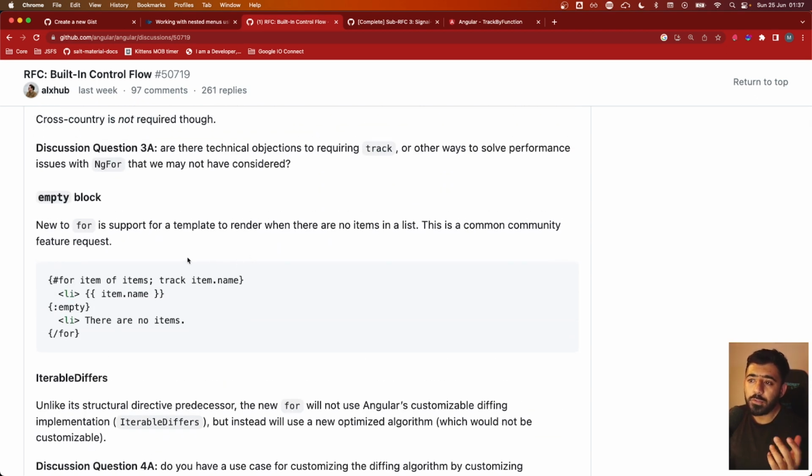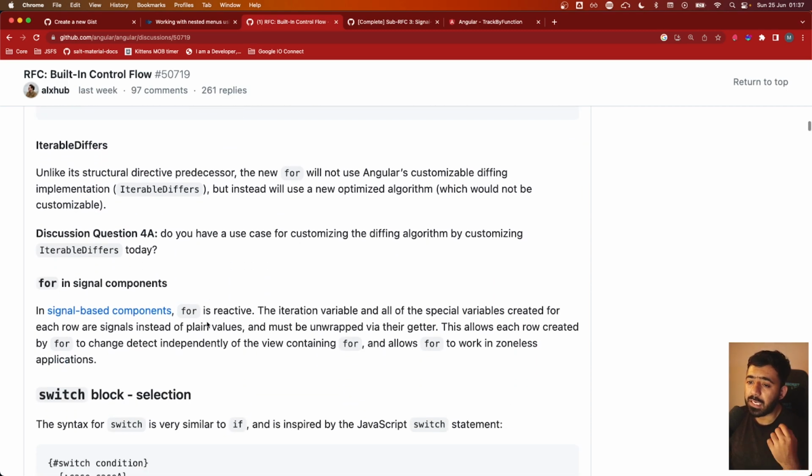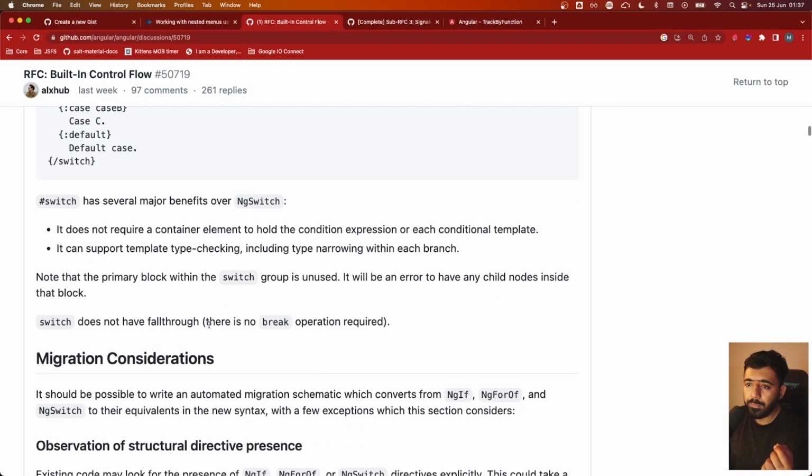All right. There's also another thing that was provided, the empty block. So if we don't have any items or the items list is empty, we do have something to render just like this. And this is super cool. Apart from that,